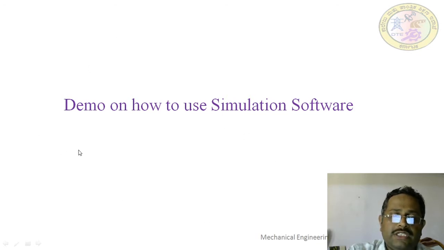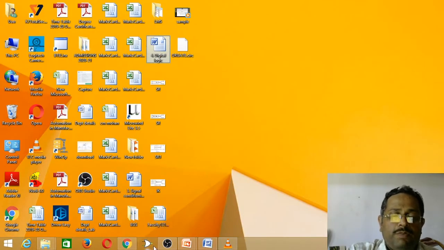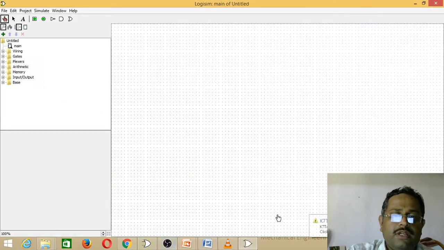Next we will see how to use the simulation software. I will show these one by one. First I will show Logisim 2.7.1 offline, which is installed on our PC. First, open the Logisim 2.7.1 software installed on our PC by double clicking. This is the default window that opens when you launch the Logisim software. This window is divided into 4 parts. This part is the canvas where we actually work, this is the menu bar, this is the toolbar, and one more window here is the attributes window.